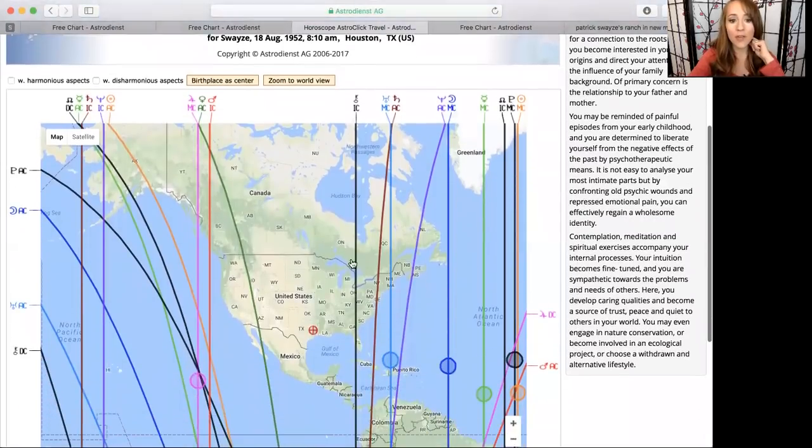And so, you know, you can click around and see different places. In general, I'm going to tell you what the different planetary lines mean. And then I'm going to go into Patrick Swayze's chart and show you how to find the best place to live or go on a vacation, or find a place that's associated with the energy that you want to enhance, right? And so usually you want to enhance some really positive energy, but maybe you're going on a vacation or you're spending, you know, 6 weeks or something somewhere, and it's for a very specific purpose. And in that case, you want to make sure that you're highlighting the energy that you want to bring in,